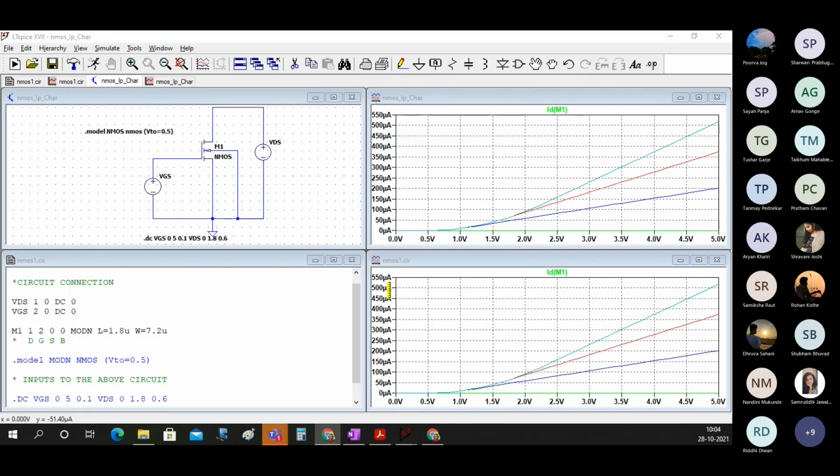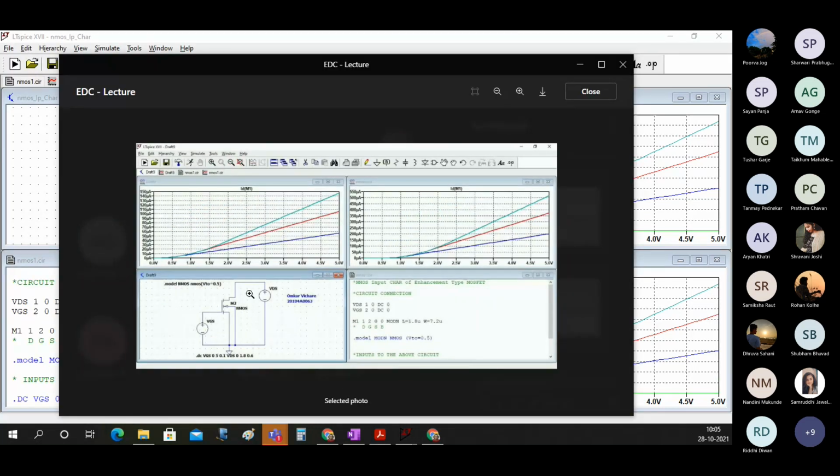Both the currents should be in same range because the circuits are exactly the same. Omkar, can you show me what is the W by L of this transistor?